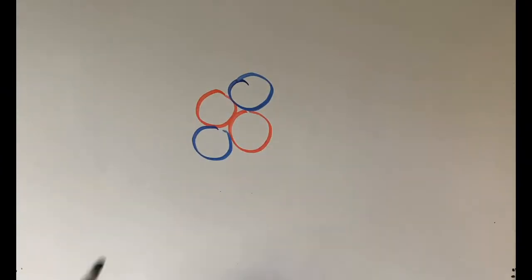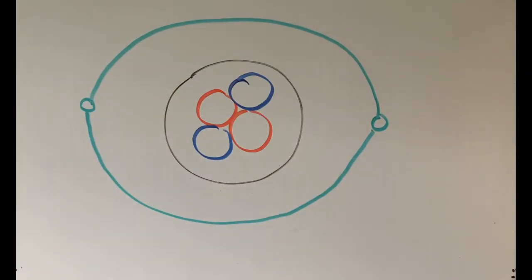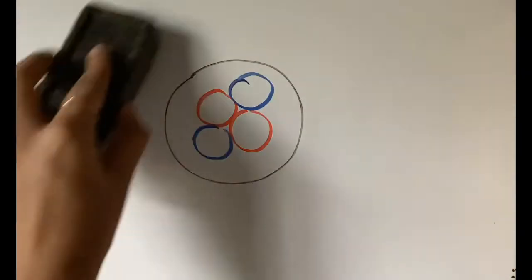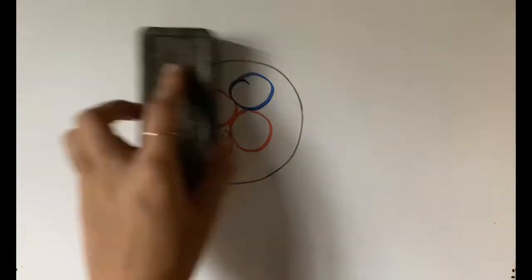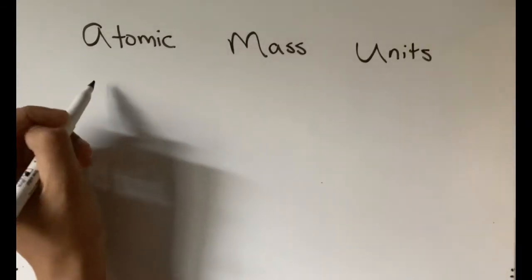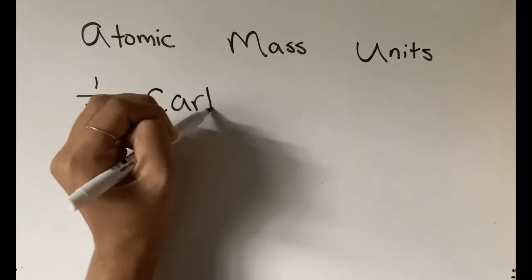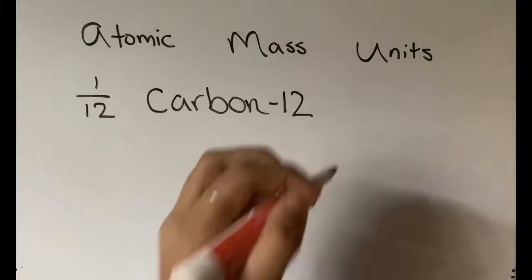Atomic mass is the mass of a nucleus of an atom, so the protons and neutrons combined. Electrons don't really matter since they're so small and light that they can basically be ignored. Now, the atomic mass of an atom is measured in AMU, or atomic mass units. Pretty straightforward. An atomic mass unit is described as 1/12 of the mass of a carbon-12 atom, which has 6